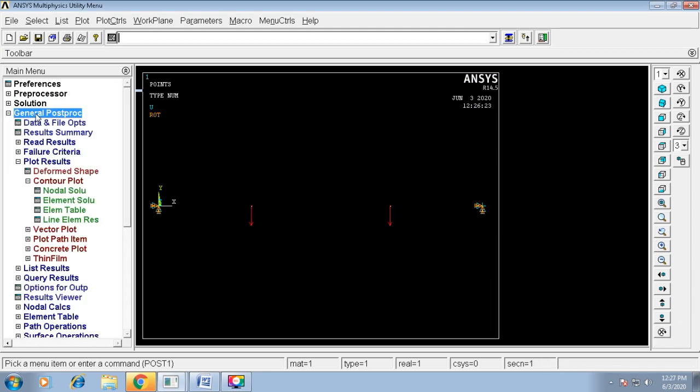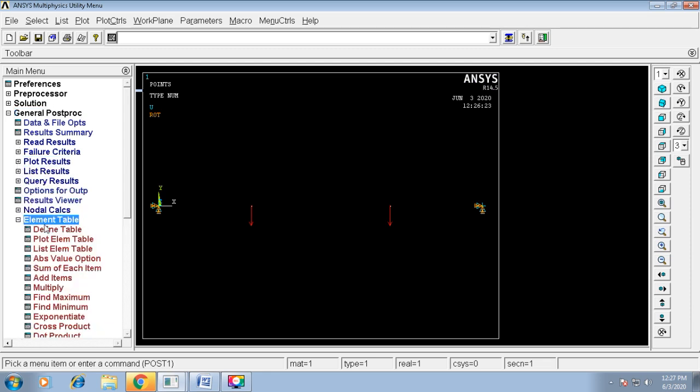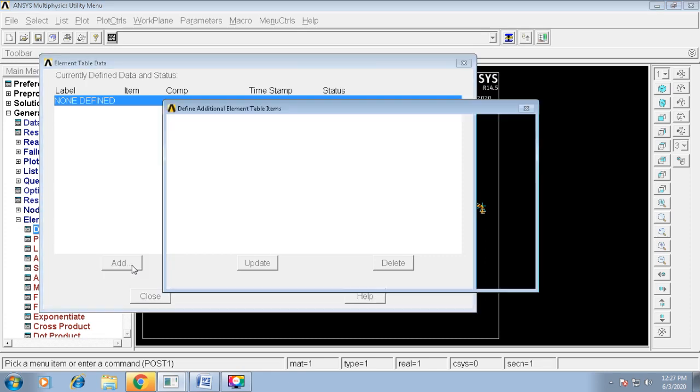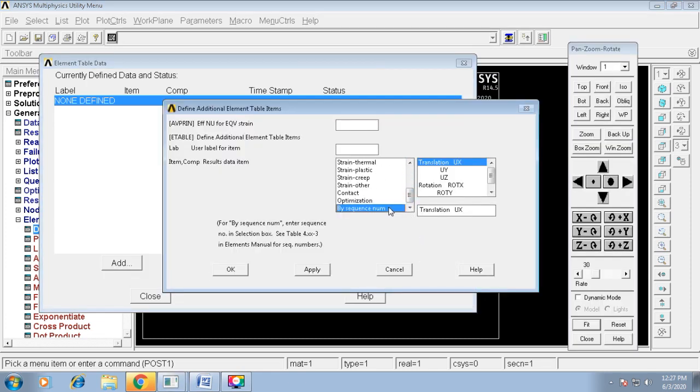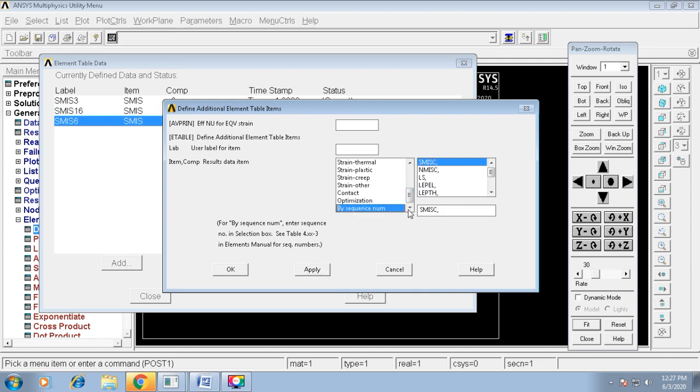Next, I'll go for general post processor. As I told earlier, we need to create the element table: define table, add by sequence number SMISC, 3, apply, 16, apply, 6, apply, 19.